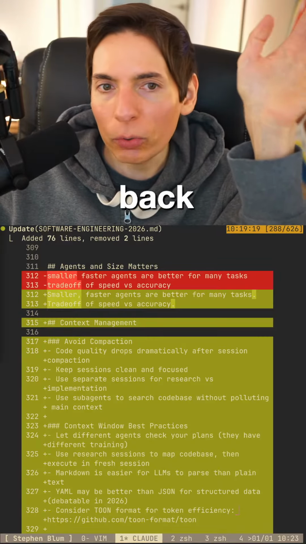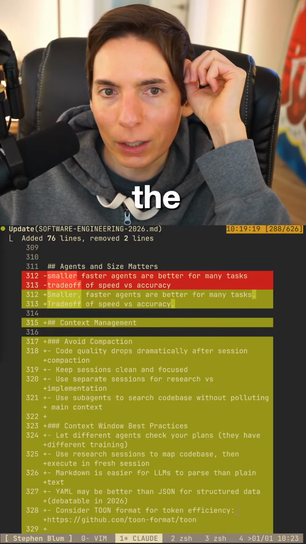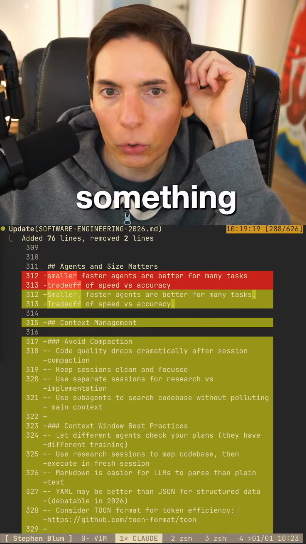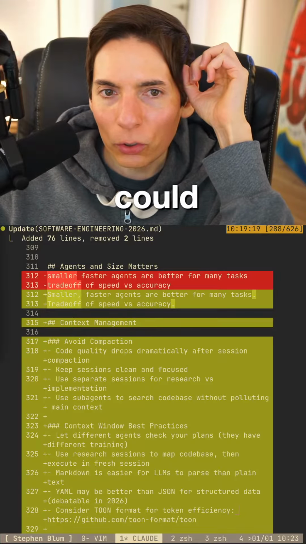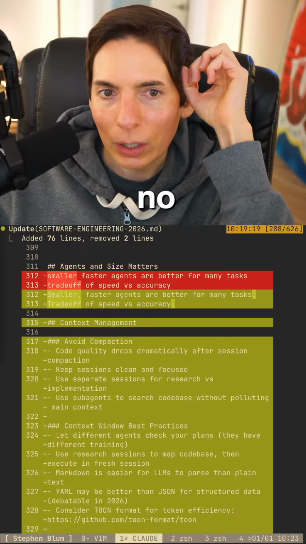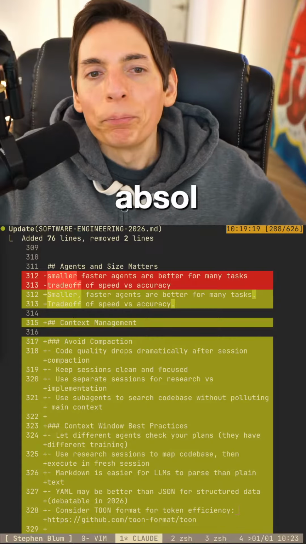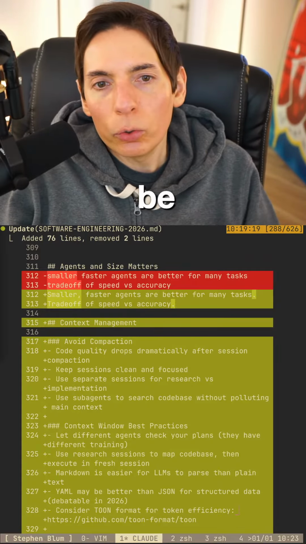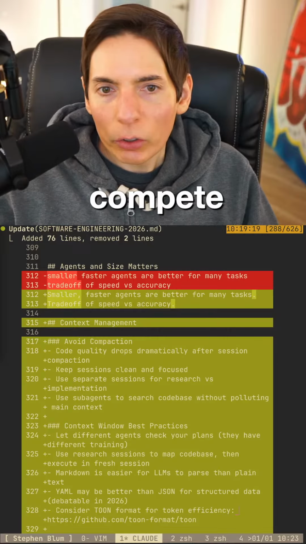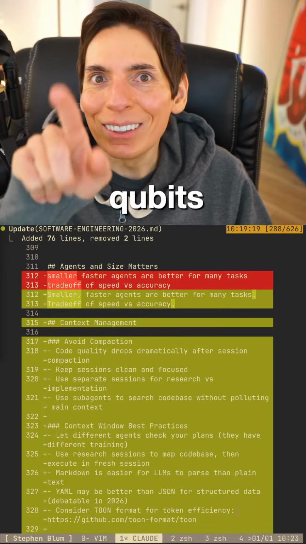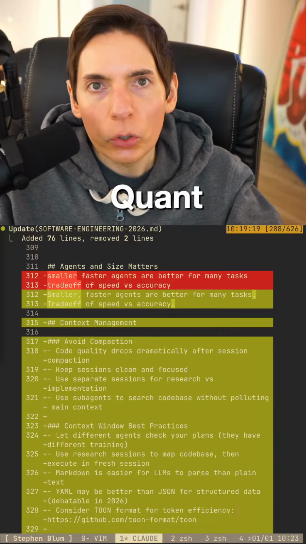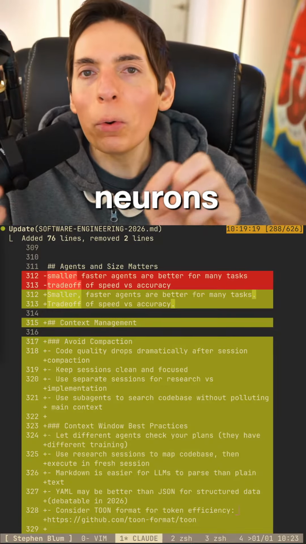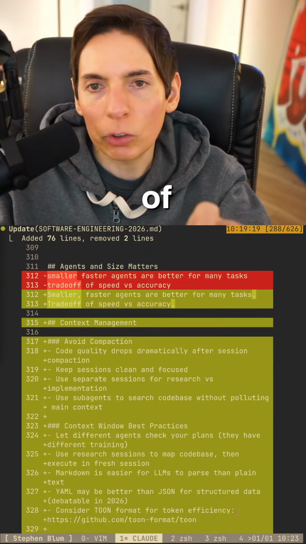Yeah, that too, right? To be honest, I discovered that the coding assistants are able to fuse several patterns together to make something new if asked. Really? That is interesting. We could run circles around current AI as far as being novel goes. Yeah, absolutely true. The AI will never be able to compete until it uses qubits. There you go, right? Your brain is a quantum computer. You've got neurons. They're all working off of quantum principles.